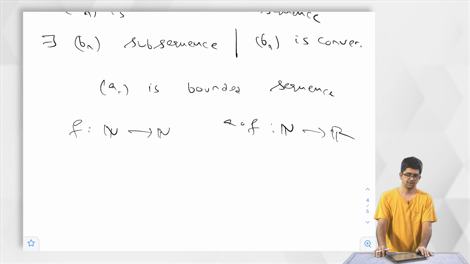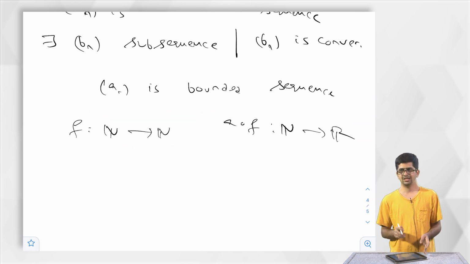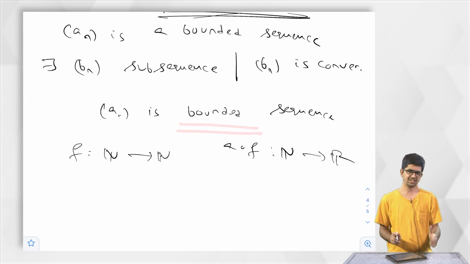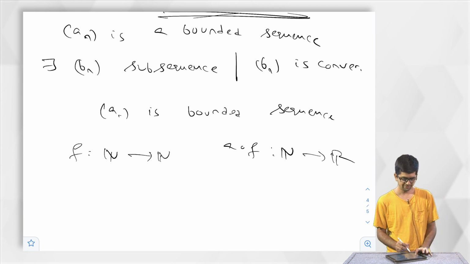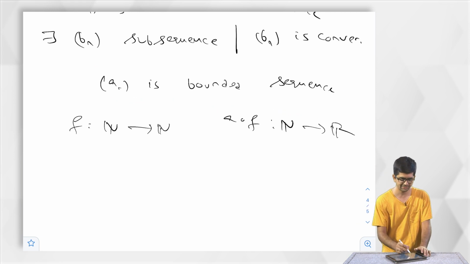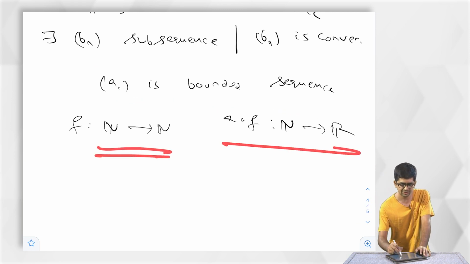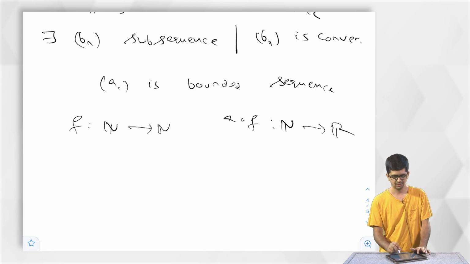That is fine. So instead of using this approach, let us go back and check: a bounded sequence was convergent if it is a monotone sequence. So if I assume it is a monotone sequence, this is already a convergent sequence. So I can simply take F to be the identity map, and A compose F is simply the same thing as A. This is a convergent sequence.